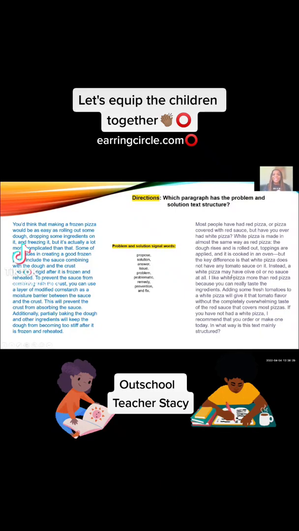And then I asked them, what was the paragraph about? And they were very successful. They said this paragraph is only comparing two different pizzas. But this paragraph is telling you the difficulty in making a frozen pizza. And they began to,